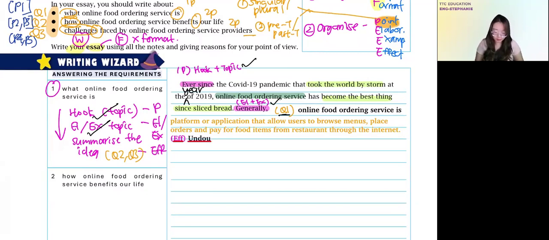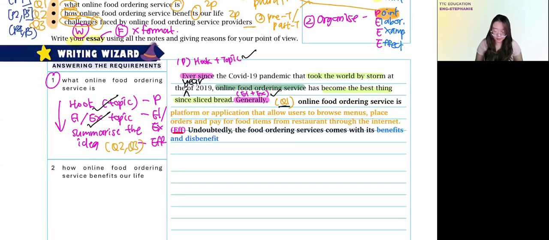So undoubtedly, the food ordering services comes with its benefits and disbenefits. Okay, so here we summarize it as benefits and disbenefits because benefits is how it